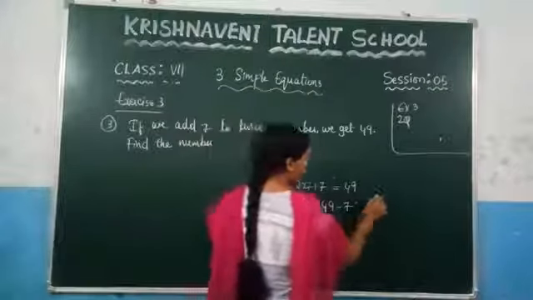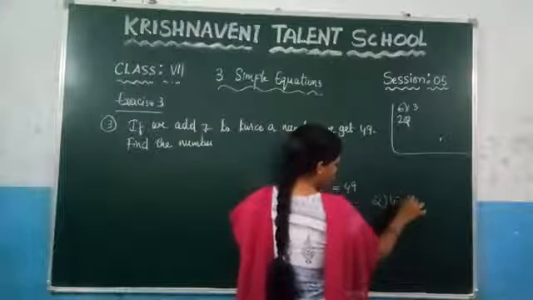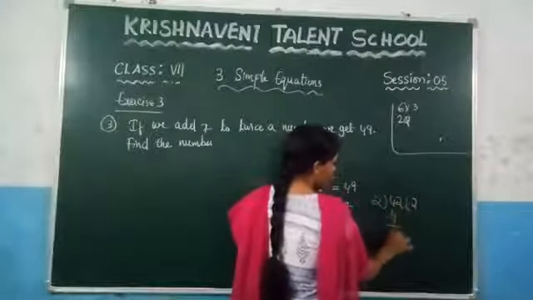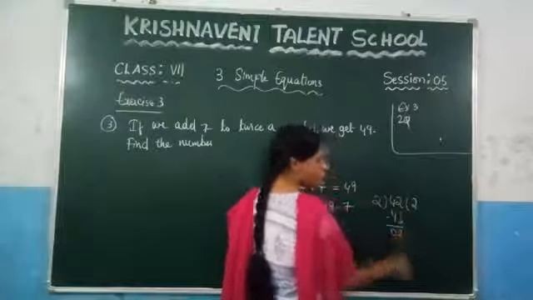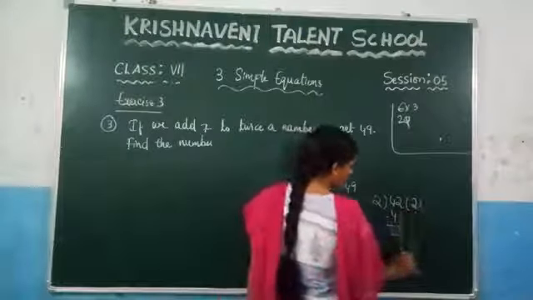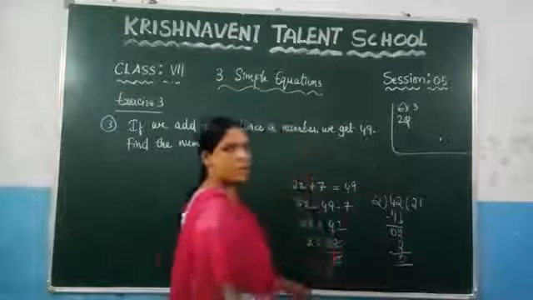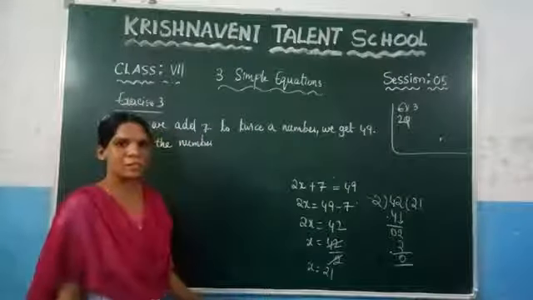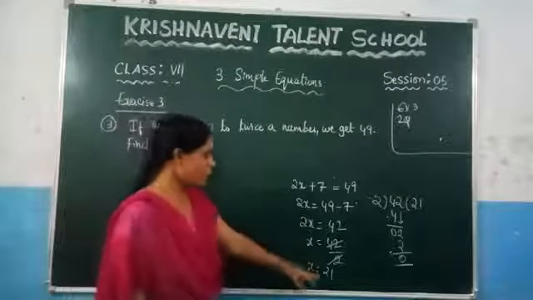You can follow the normal division, which is 42 by 2, right? 2 2s are 4. 4 minus 4 is 0. You have to bring this 2 down, right? 2 1s are 2. So you are getting the remainder as 0. Or directly you can cancel it. So what is that number? That is nothing but 21.